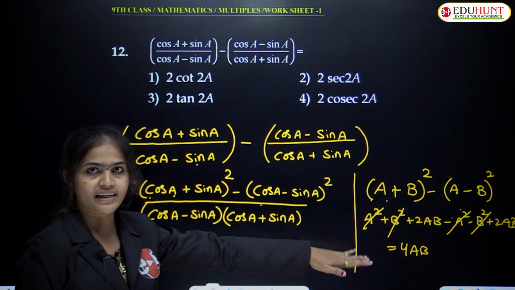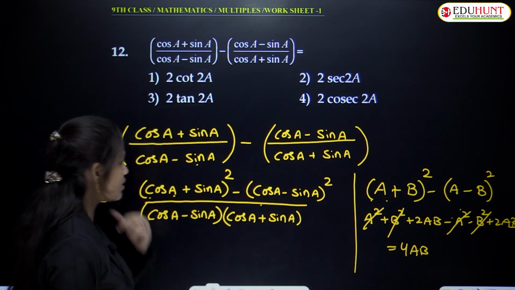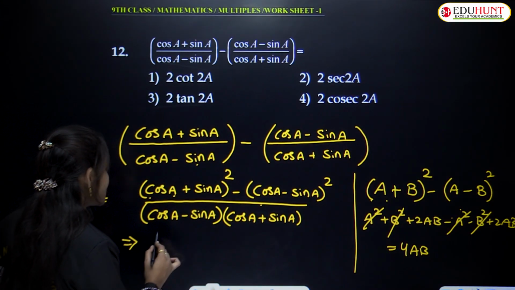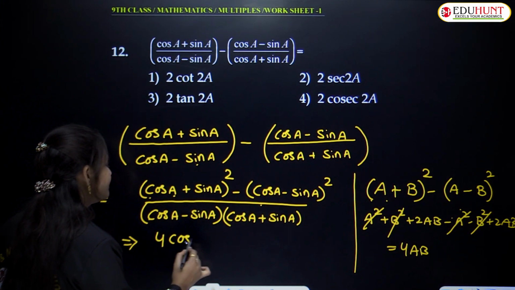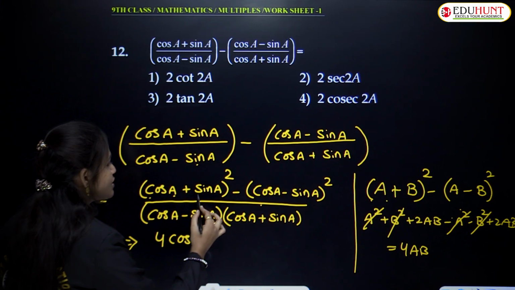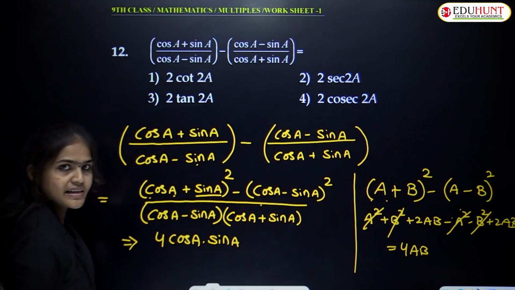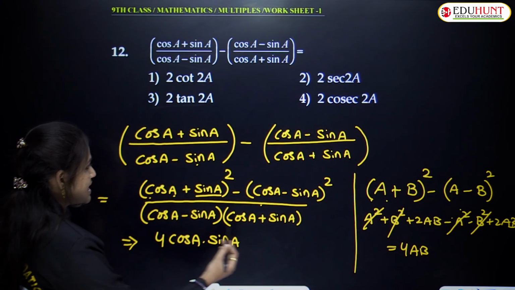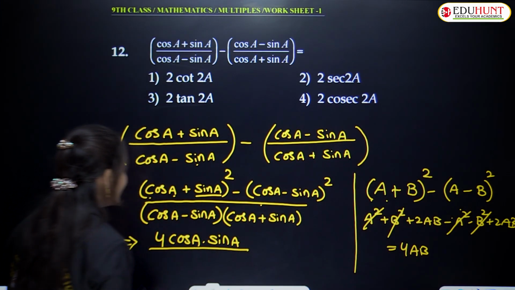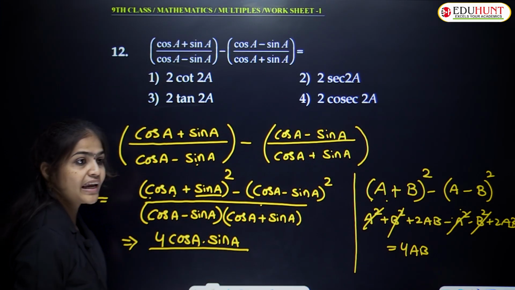Instead of this one only we taken as A, no? So that is cos A. So from this one 4 cos A, and here B. So at the place of B, here that is sin A. Understand, ma'am? So 4 cos A sin A whole by, here this is in the form of A minus B